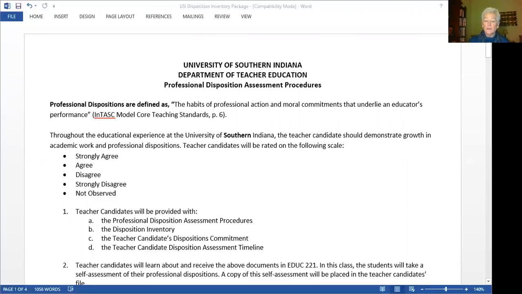Candidates will rate themselves, or they will be rated by their professors using this Likert scale of strongly agree, agree, disagree, strongly disagree, and not observed when responding to particular statements.